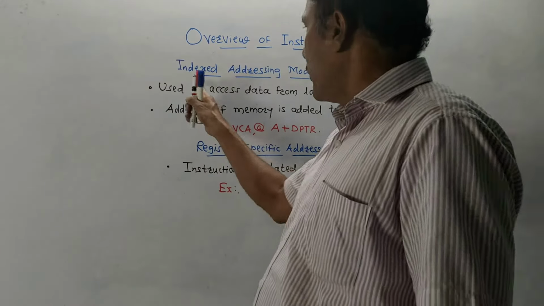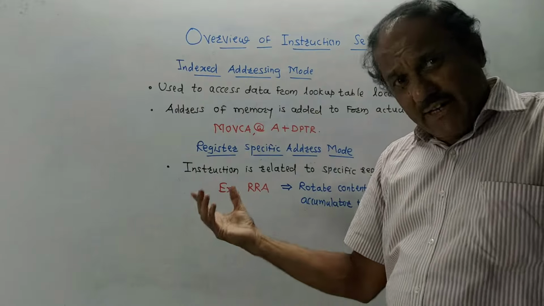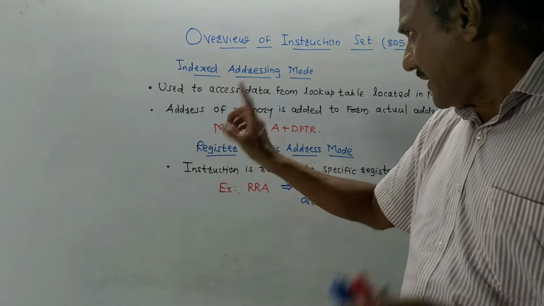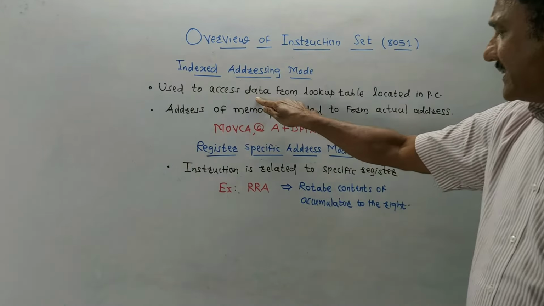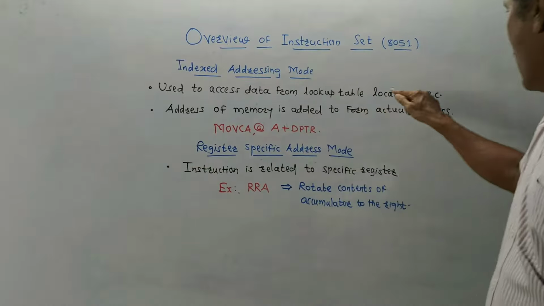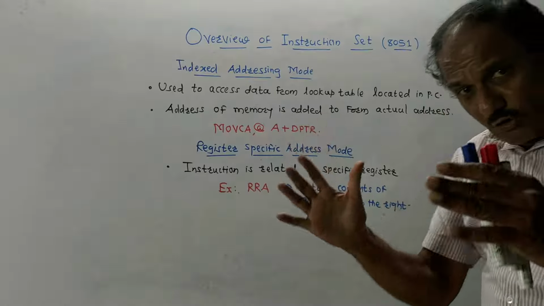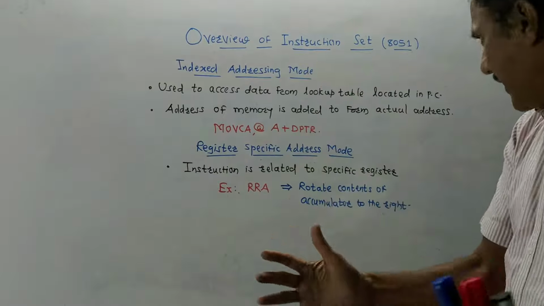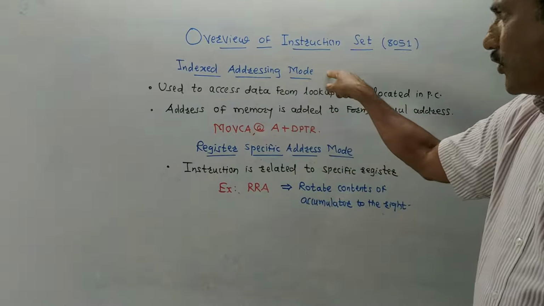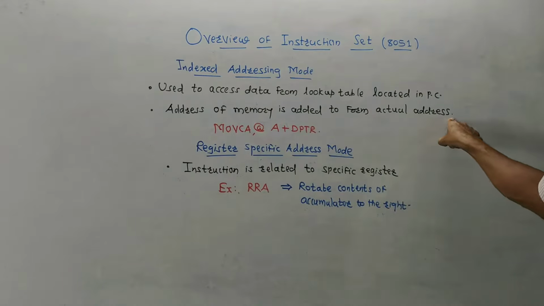Next type of addressing mode is indexed addressing mode. जैसे नेम इंडिकेट करता है, एक इंडेक्स तैयार किया जाता है, मतलब एक एड्रेस ऐड करके तैयार किया जाता है. व्हाट डज दिस मीन? It is used to access data from lookup table. Lookup table is same as the truth table, which is located in PC, program counter. मतलब प्रोग्राम काउंटर में एक लुकअप टेबल है, ट्रूथ टेबल है, उससे डेटा एक्सेस करना है. सो उस केस में इंडेक्स एड्रेसिंग मोड यूज करते हैं. सो एड्रेस ऑफ मेमोरी इज एडेड टू फॉर्म द एक्चुअल एड्रेस. फॉर एग्जांपल